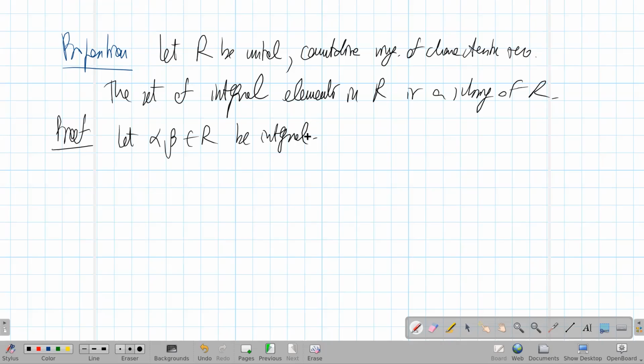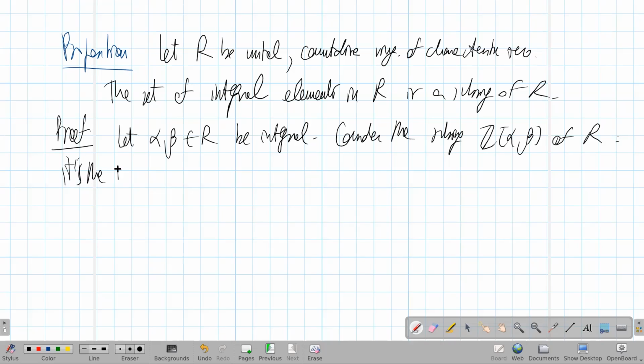Okay? And then consider the subring Z[alpha, beta] of R. What's this? This is the smallest subring. You will surely encounter this in other courses in commutative algebra. This is the smallest subring of R containing Z and alpha and beta. And as in the case of simple extensions, Z[alpha], this is the image of the polynomial ring